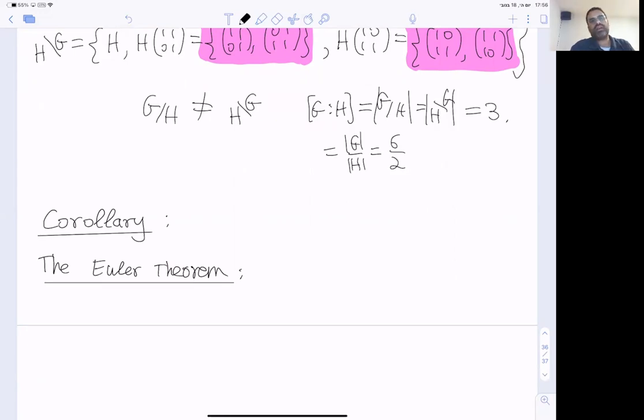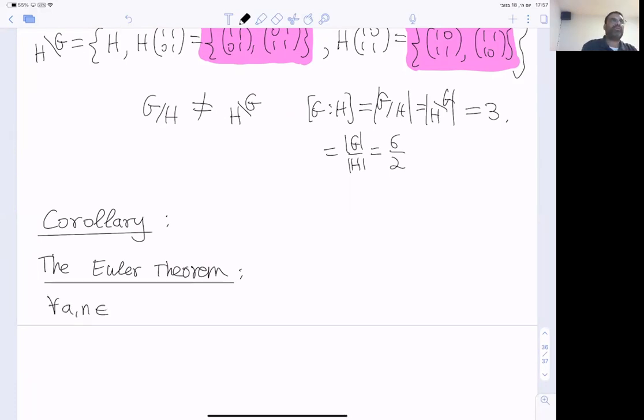It's a formulation of his result in a new language. So in this new language, what Euler says is the following thing. And we are going to see that this is the basic theorem of what we call today RSA in cryptography. It says that for any two